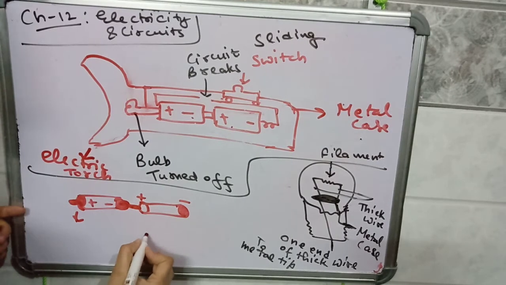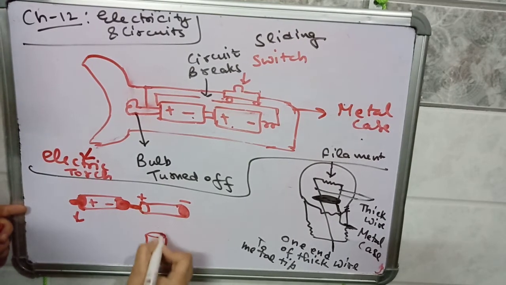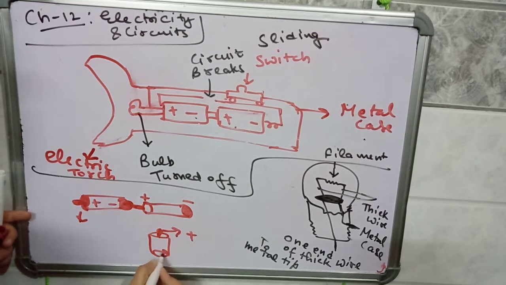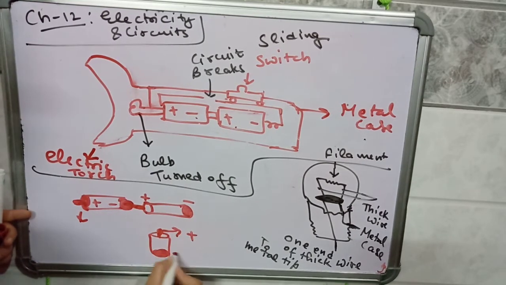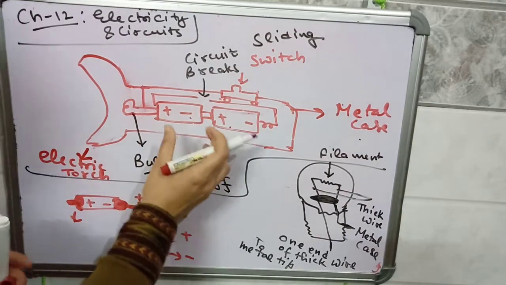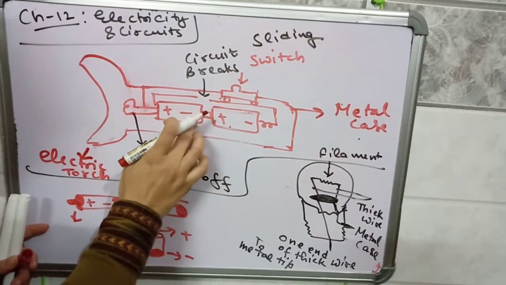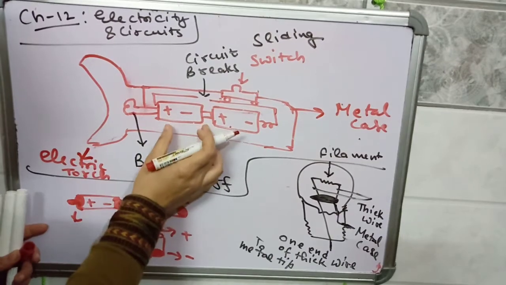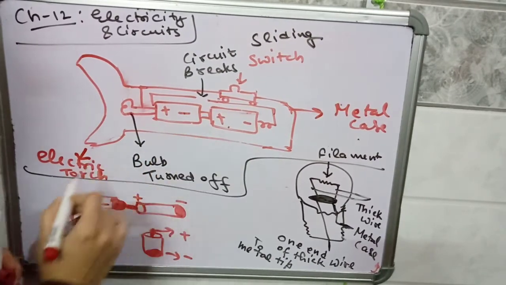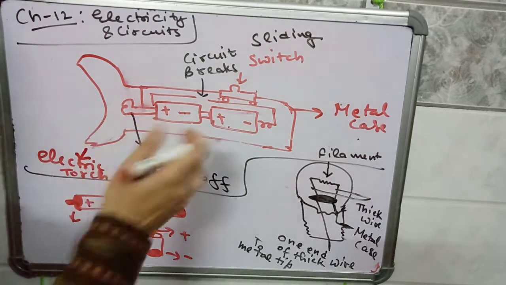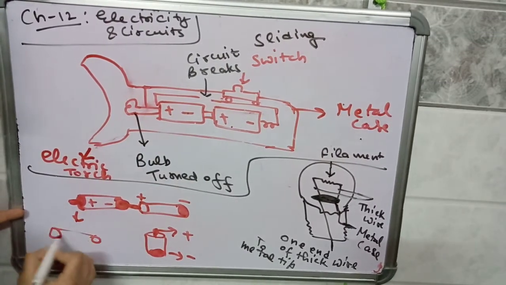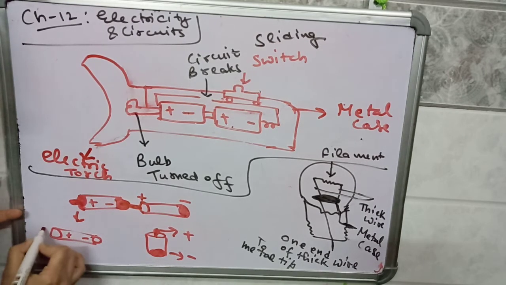Okay, so in a cell, the side where the cap is present is the positive side, and where the metal disc is present is the negative side. So if two or more batteries are connected, suppose two batteries are connected, here is one cell, here is another cell. So the negative of the first cell is connected to the positive of the second cell. You will never connect the positive of the first cell with the positive of another cell.